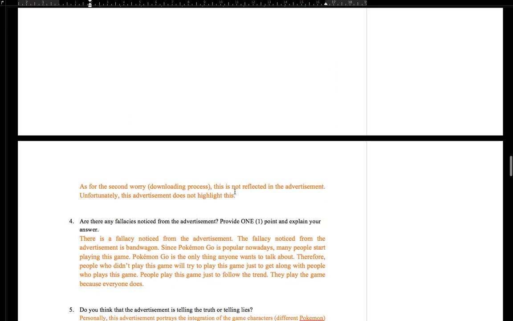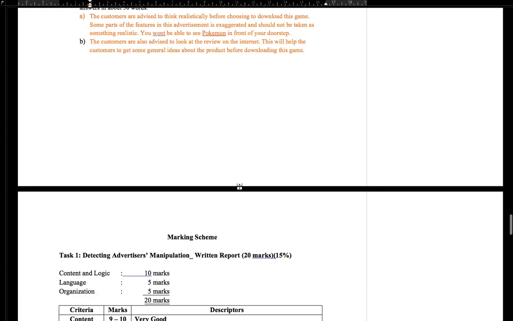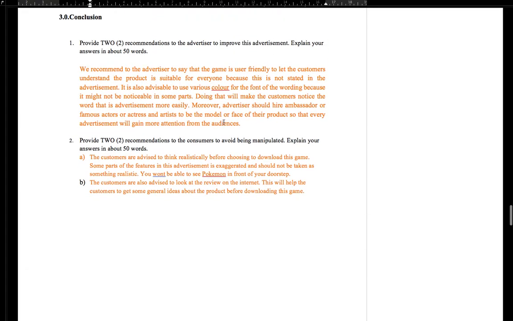So this one I can put it, so when I say that this is not being highlighted in the advert, I can put it in the recommendation later on here. Okay,